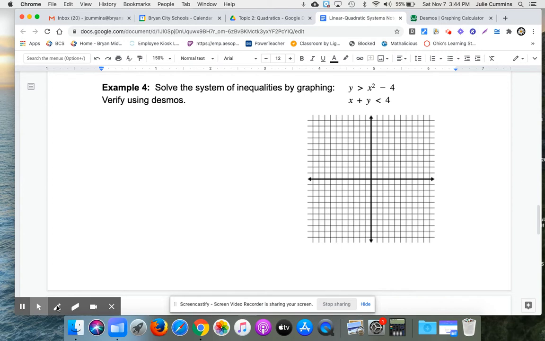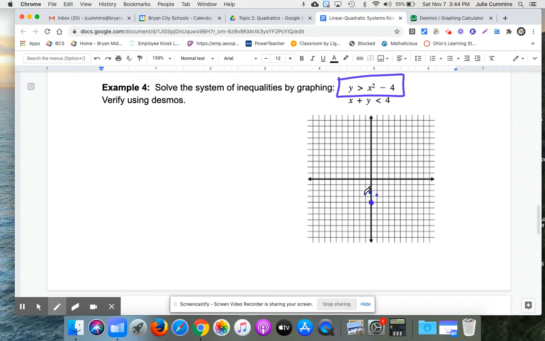So the first system that we want to graph is y is greater than x squared minus 4, and x plus y is less than 4. So I'm going to start by graphing this. That, of course, is a parabola, and it's shifted down 4. I'm just going to use my basic transformations for this. So our vertex is here. If you want to plug in one other point, that'd be great. When you plug in 1, you get -3,